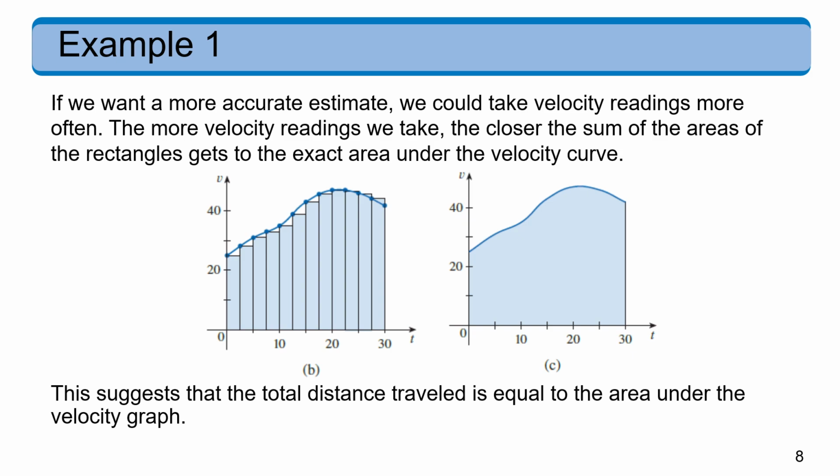So here's a picture that shows that. Notice that by the time we get to 10 seconds, we've taken 1, 2, 3, 4 readings, whereas in the original, we were taking a reading every 5 seconds, so we would only have taken 2 readings over the first 10 seconds. So we're taking readings twice as often, and so we're getting velocity estimates more often. And then we use the same setup with the rectangles. We know each one of these rectangles' area represents the total distance traveled over this corresponding time interval on the